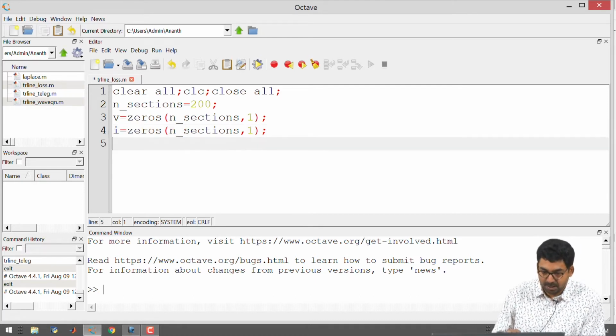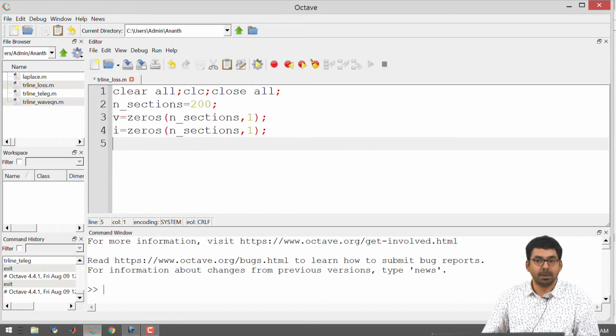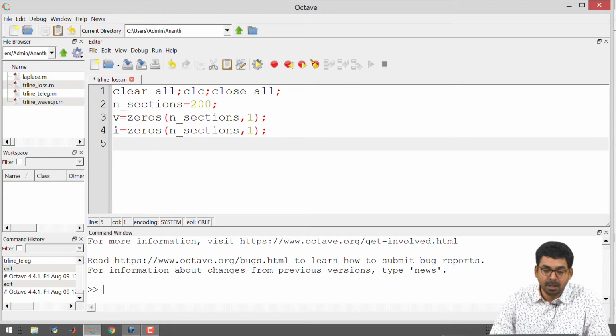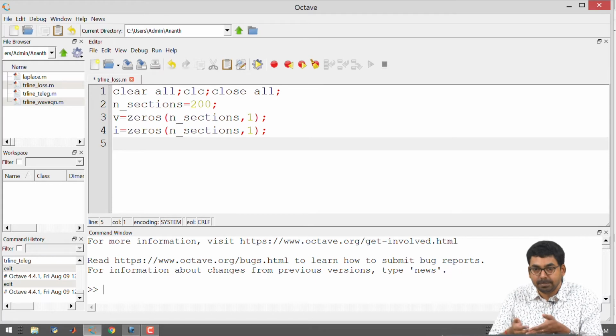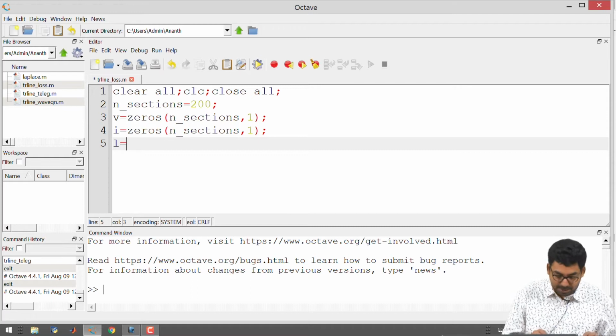And then we are going to add a few more things to make it slightly different from the previous codes that we had written for the DC or the pulsed excitation. So here we want to have control over the spatial profile of the transmission line, and we want to manipulate the spatial profile and observe what is happening with respect to space and time. What that means is, in different sections I would like to be able to have different values of L and C, and different values of R and G when possible. So I am going to define my L also to be an array.